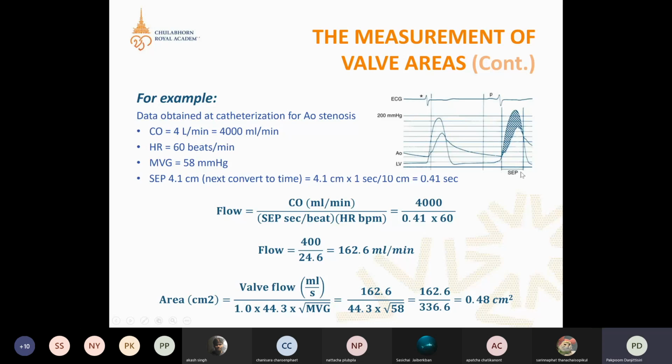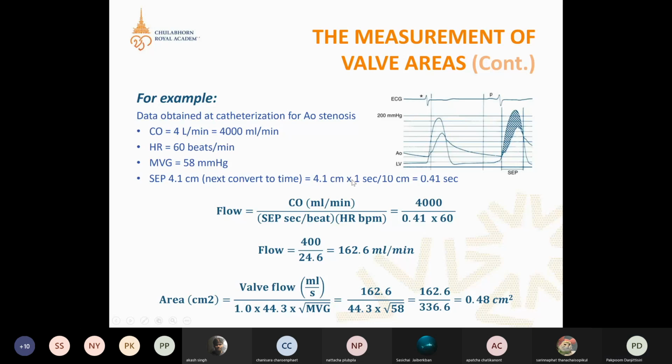You can see this from the systolic ejection period. As I told you before, this is the systolic ejection period. We measure in centimeters, and SEP in this example is 4.1 centimeters,